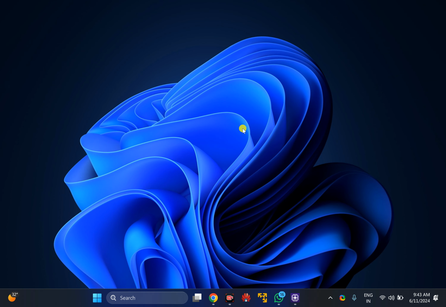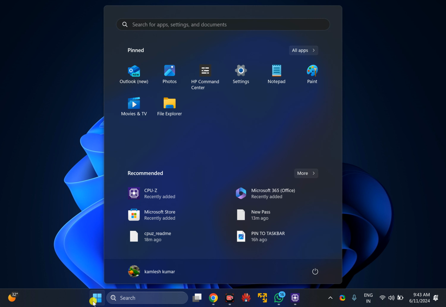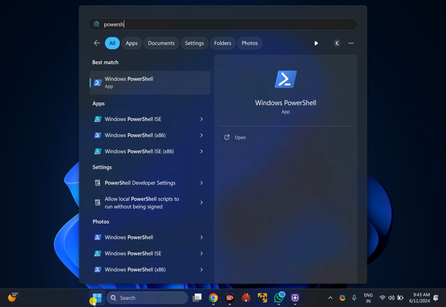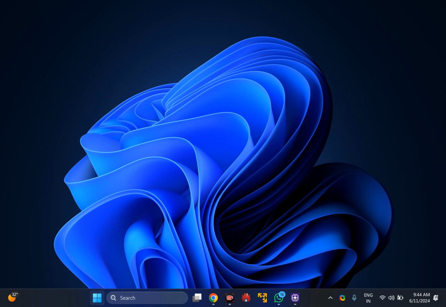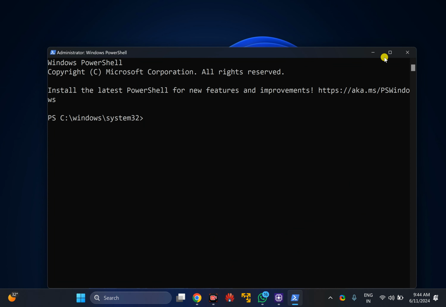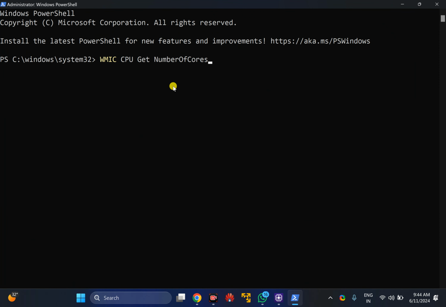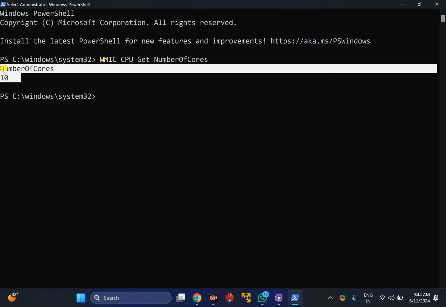Next method is through Windows PowerShell. For that, click on this Start button, type PowerShell. In the search results, right click on the Windows PowerShell entry, select Run as Administrator. In case Windows prompts, click on the Yes button. In the PowerShell window, you need to type WMIC CPU get NumberOfCores and then press Enter to find out the number of cores on your Windows 11 PC,